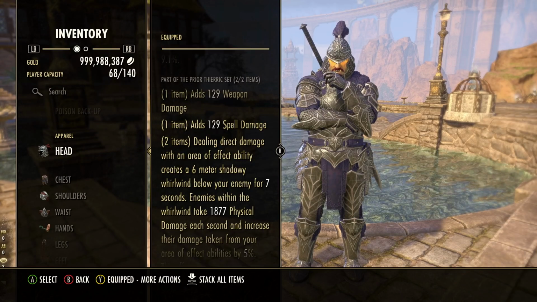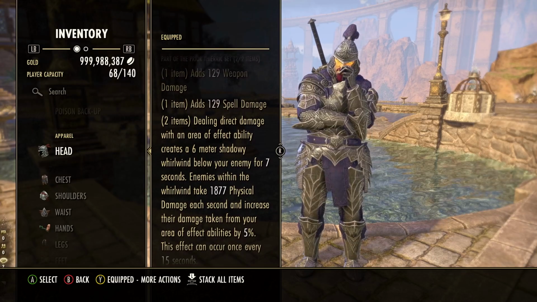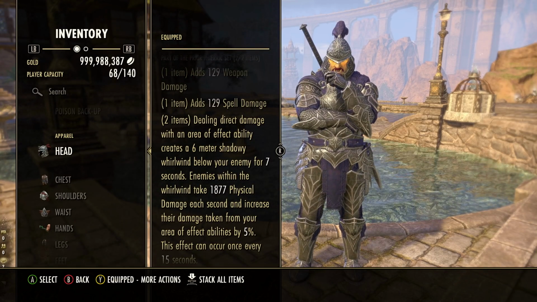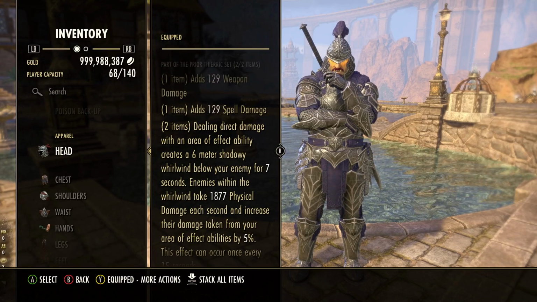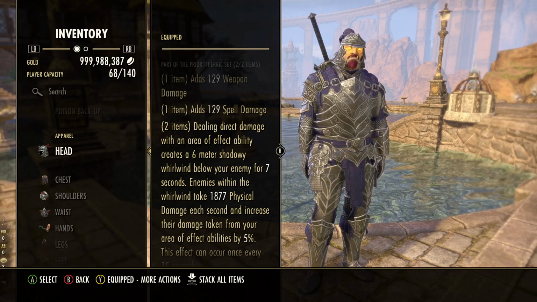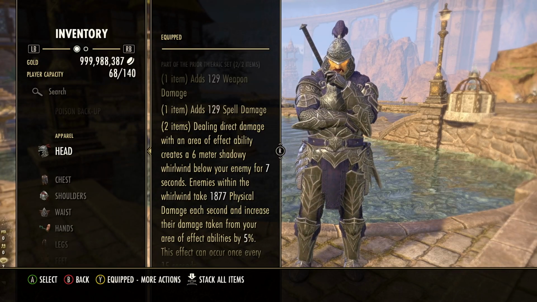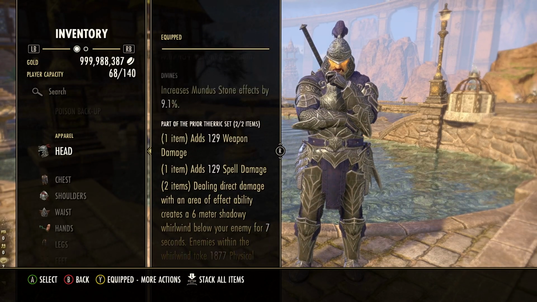Creates a 6-meter shadowy whirlwind below your enemy for 7 seconds, dealing physical damage, and increasing their damage taken from area of effect abilities by 5%. This is really good, I think, on the Sorcerer since we have so much AoE damage. We've got Hurricane. We can use Brawler on the front bar for some cleave damage. On the hybrid setup, we have multiple AoE damage over times. So definitely a lot of AoE potential on the Sorcerer, which I think makes this monster's helm a pretty interesting